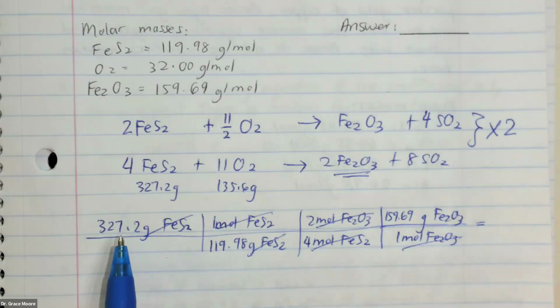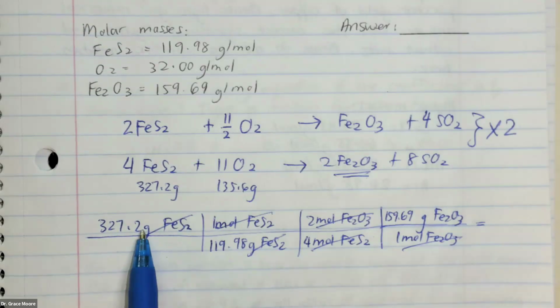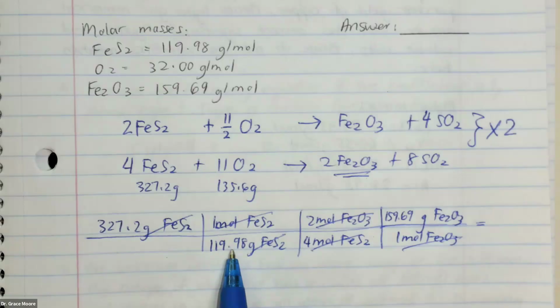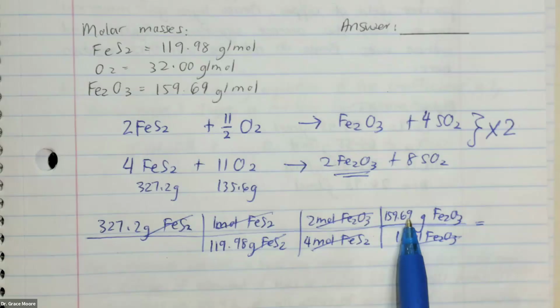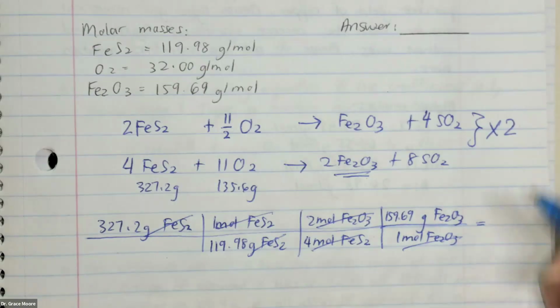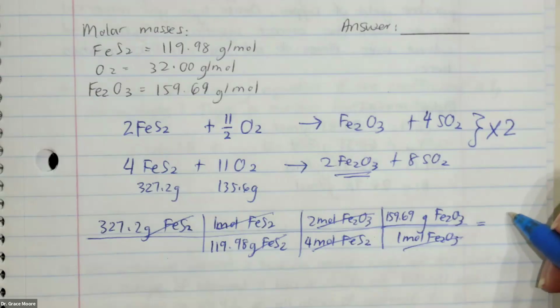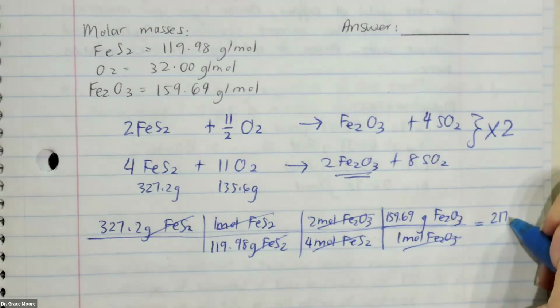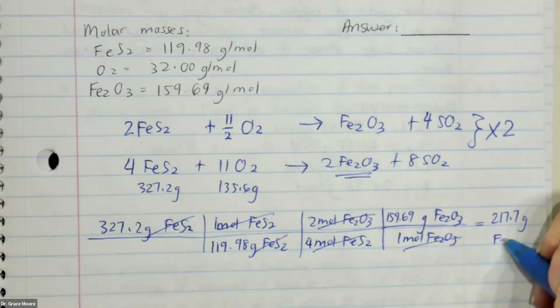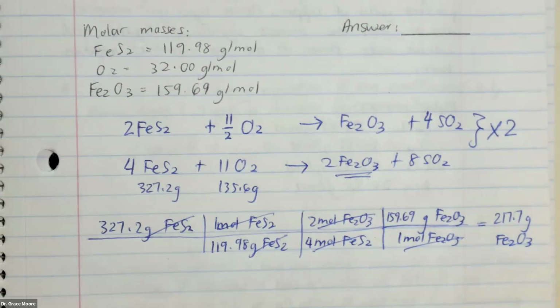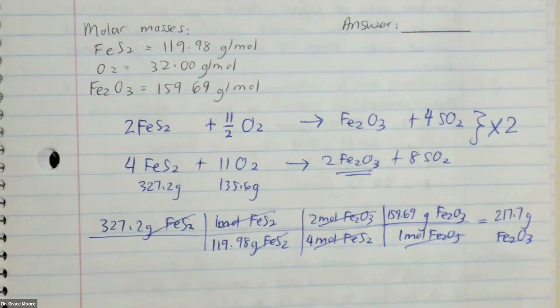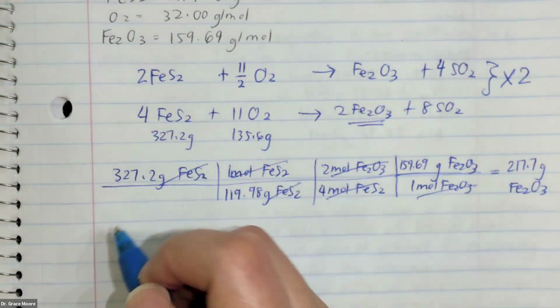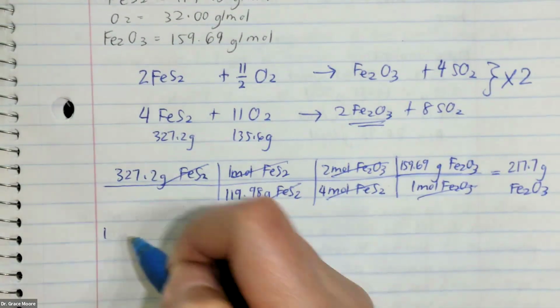Okay, so on your calculator, you put 327.2 divided by 119.98 times 2 divided by 4 times 159.69. And you're going to get an answer of, in this case, 217.7 grams. Now remember, don't just circle this one. Don't just put this as your answer because you still need to check the other reactant. So the other one is